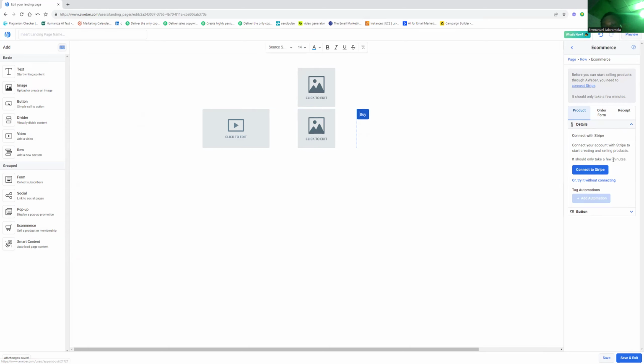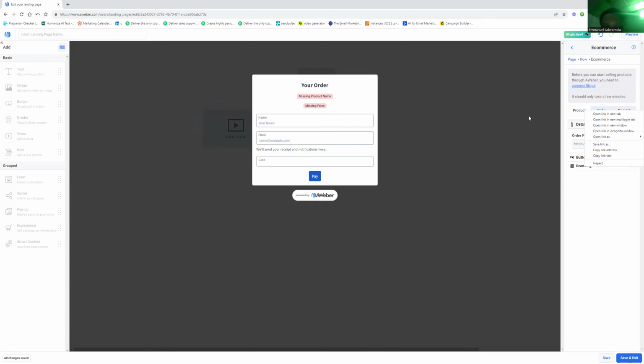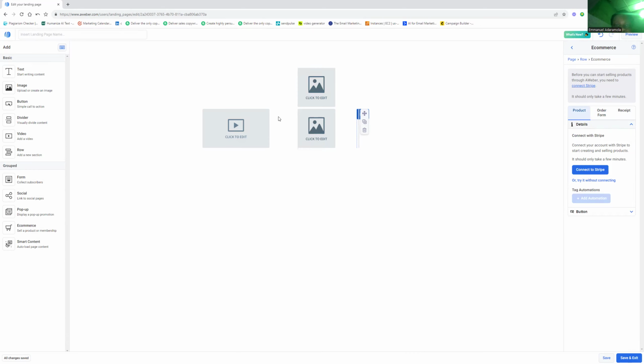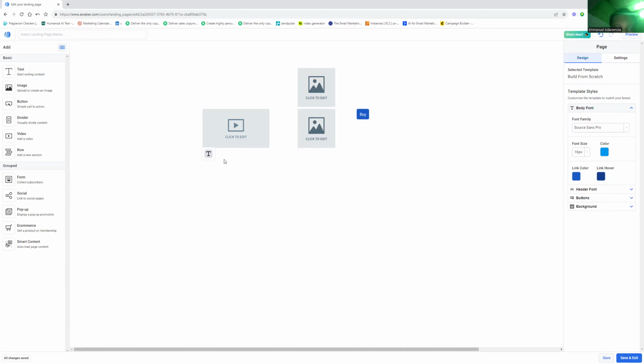So you connect to Stripe. Can you see you have to connect it? You connect your account. Can you see you connect your account, then you update everything, then your order form, your receipts, everything. So that's that for that. Can you see then I can just, okay, after this one, I want to add